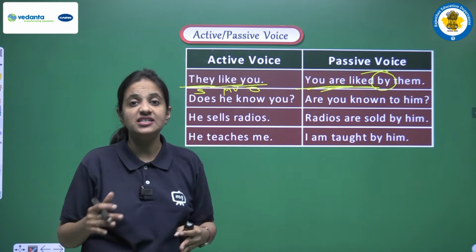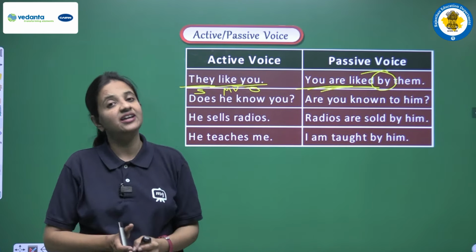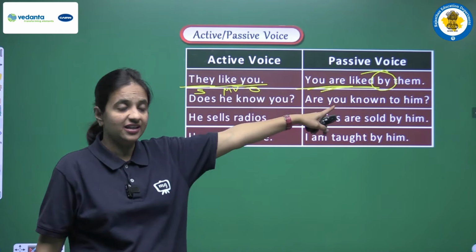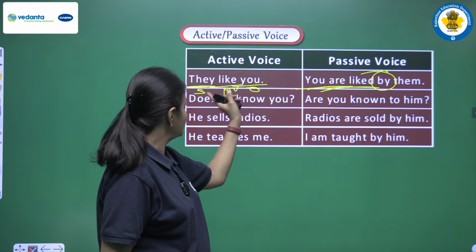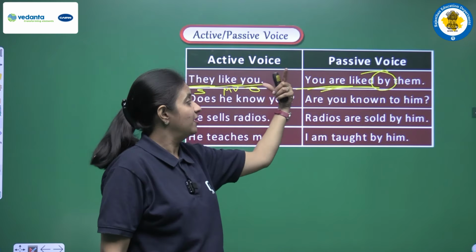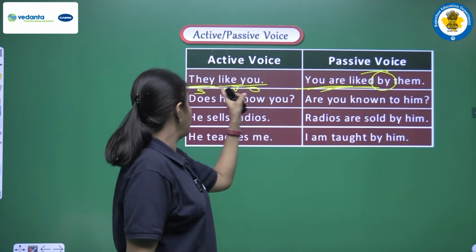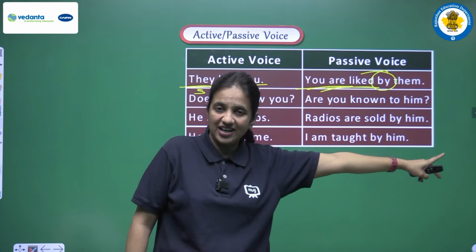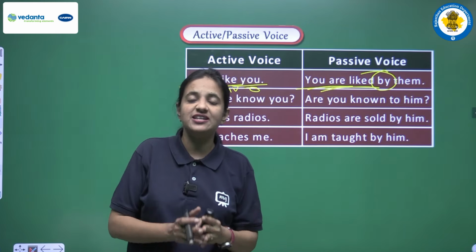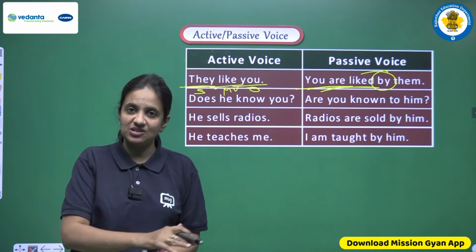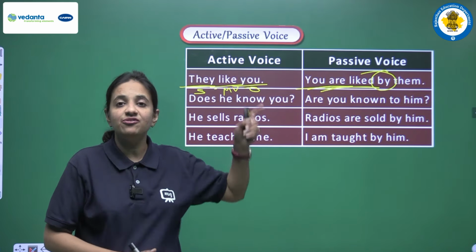Okay, so इस तरह से स्टेप बाय स्टेप आपको चेंजेस करने हैं. जो हमने लास्ट वीडियो में सारे चेंजेस पढ़े हैं, ओके, हम वही चेंजेस कर रहे हैं. हमने प्लेसेस चेंज कर दी हैं सब्जेक्ट ऑब्जेक्ट की. हमने मेन वर्ब की थर्ड फॉर्म यूज की है. हम हेल्पिंग वर्ब चेंज कर रहे हैं, एंड हमने सब्जेक्टिव केस को प्रोनाउन के ऑब्जेक्टिव केस में चेंज किया है. So all these are the different changes that we have to do when we are converting a sentence from active to passive voice.